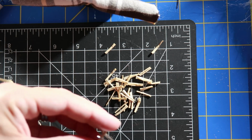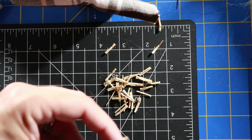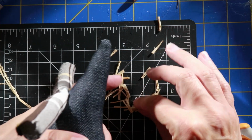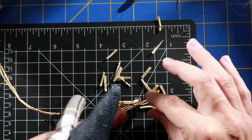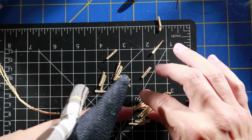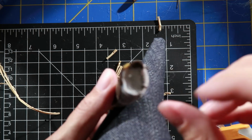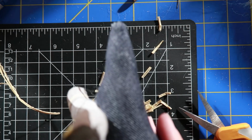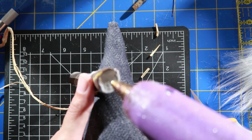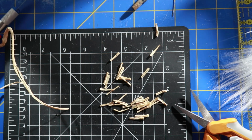I never know exactly how much to cut, but until I have a decent looking pile. Let's start with that. So I like to get some ready because I'm going to have to be ready to grab it as soon as I get my gob of glue in there. More in focus. So I just put a hefty glob of glue,